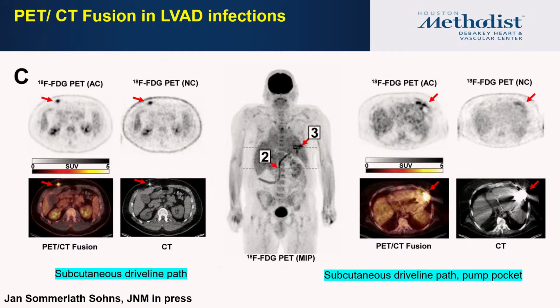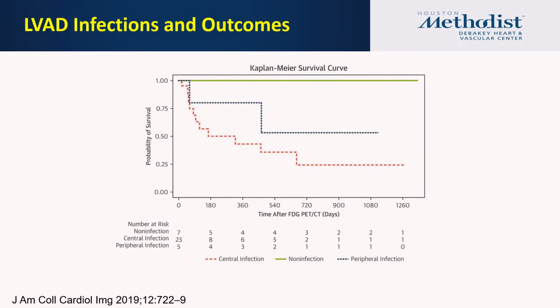So it's very important to assess all 4 components of these patients with LVADs, to make sure that there is no uptake. And you can see the outcome of these patients is very bad if we detect infection. If there is no infection, they did well in this series, but if there is peripheral infection, they did intermediate, but with central infection, especially if the device itself is infected, these patients are going to do worse, and there is very high mortality associated with that.